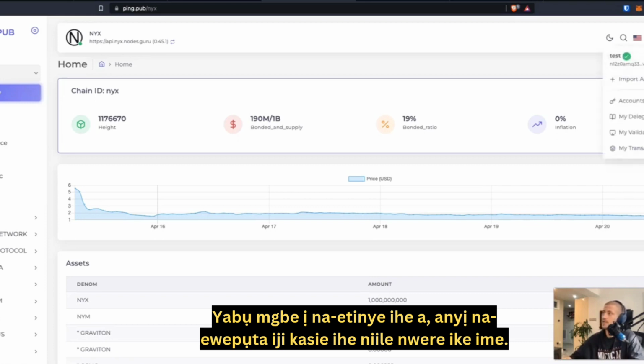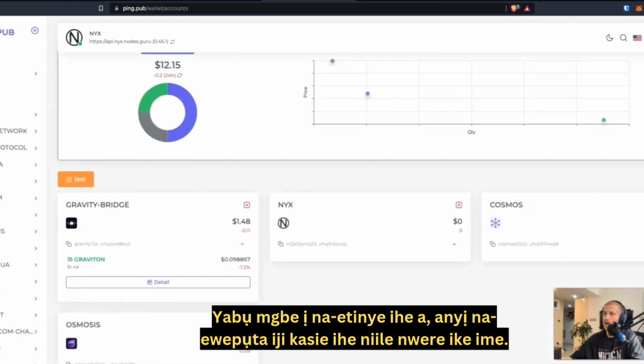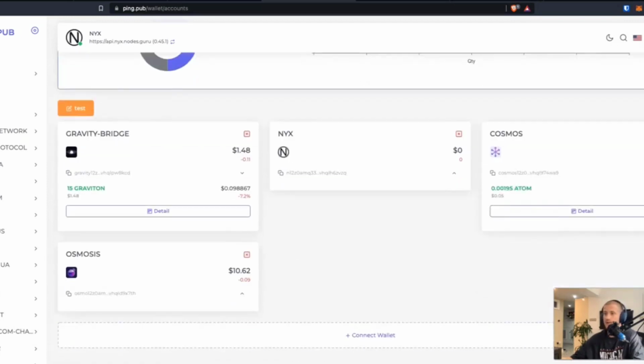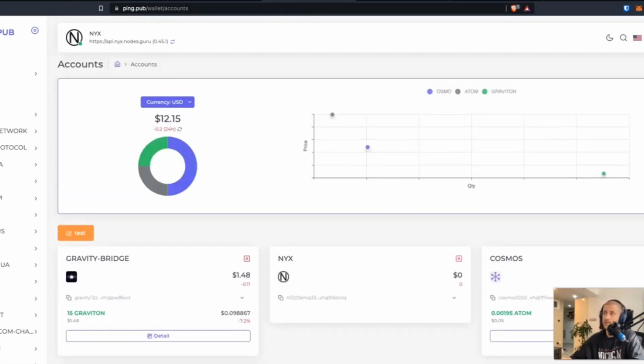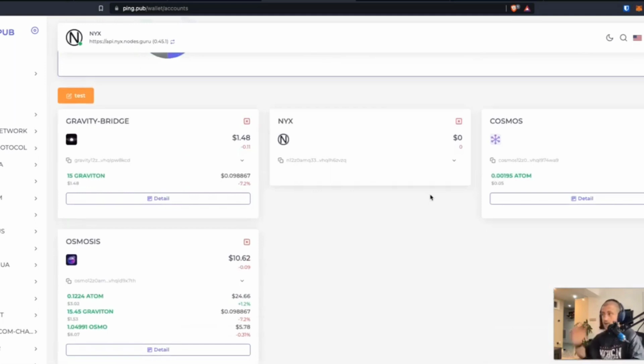So I've already gone about authorizing permissions for the site to actually connect to it. And if I was to select my wallet and go into my accounts, I have a visual representation of the transfers that I've just done from all of those chains. So we've got 15 Gravitons still remaining in my Osmosis. I've got 15 Gravitons in the Gravity Bridge. Nix, I don't have any NIM tokens at the moment, and Cosmos, and so forth. So now I guess we're in a good position to start going about converting our ERC20 NIM tokens to Cosmos-based